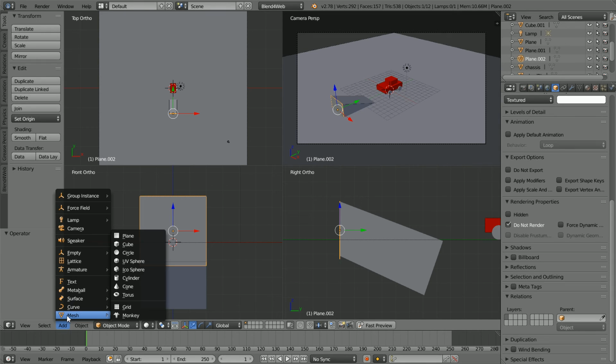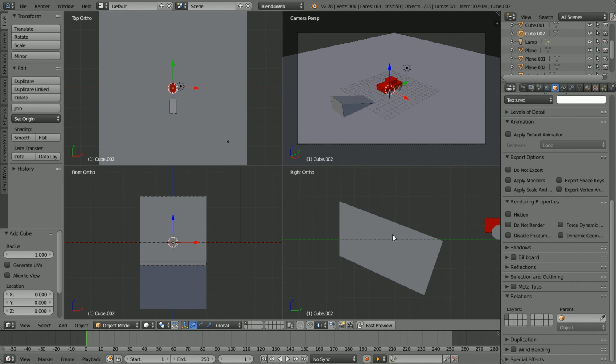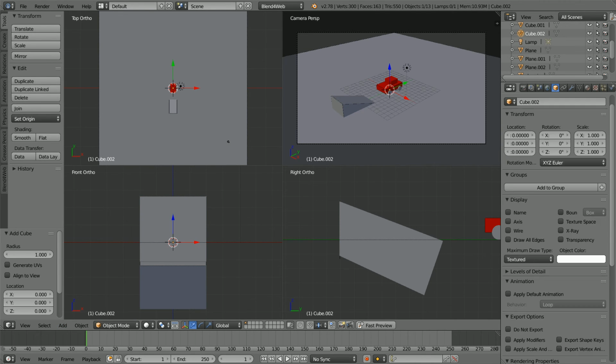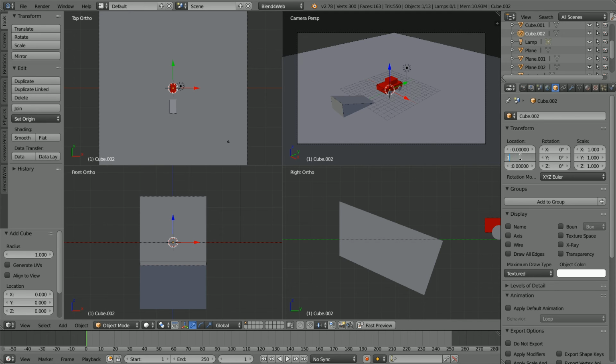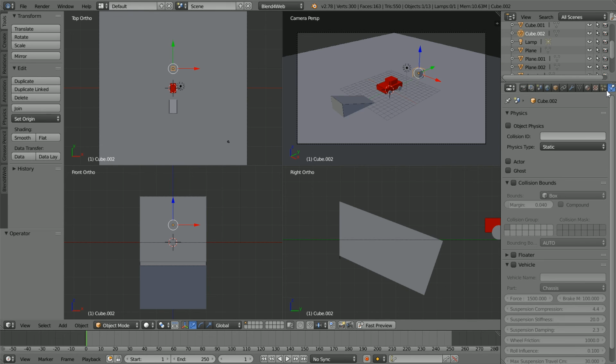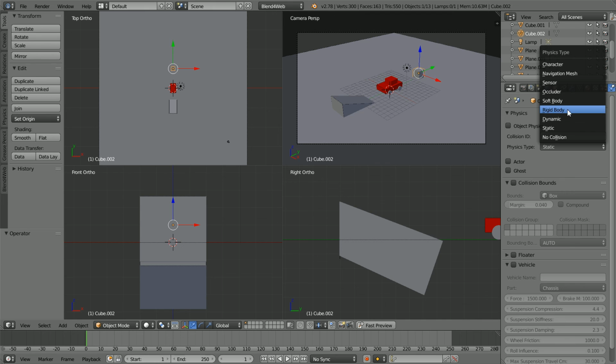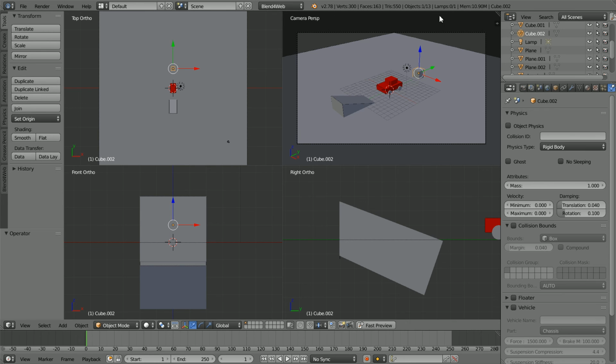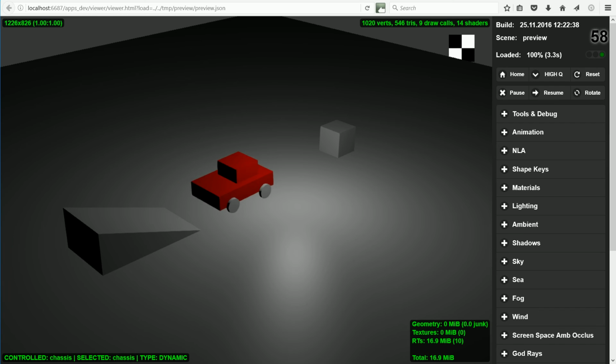Add mesh cube, set the Y location to 10 and the Z location to 1. For fixed obstacles, set the physics type to static. For movable obstacles, set the physics type to rigid body. Click Object Physics and Collision Bounds, and I'm going to set the mass to the same as the car, 500. Using Fast Preview, we get